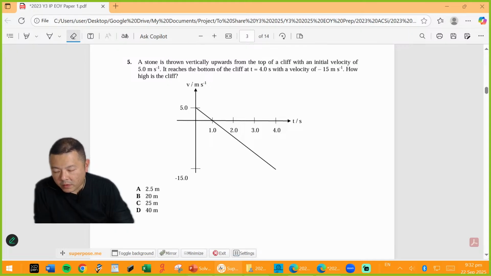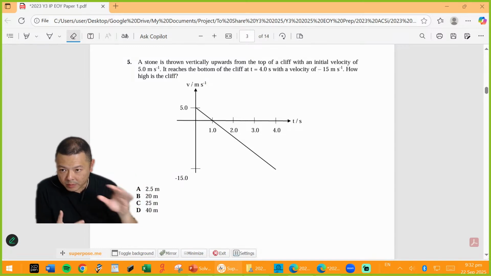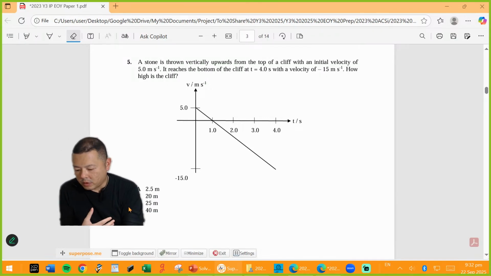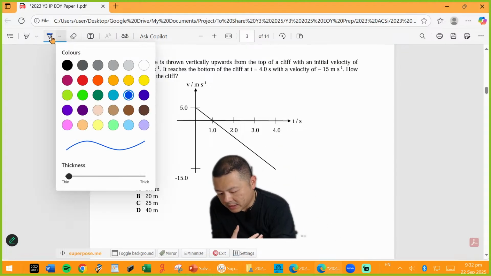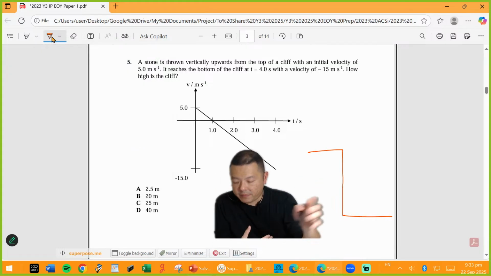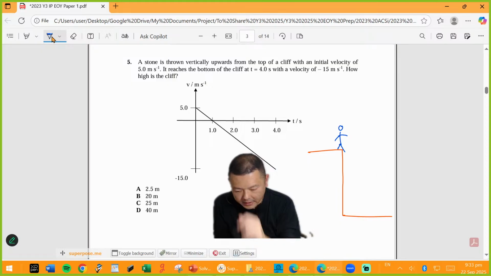So for this particular question, it's not easy, but if we do this 2 or 3 times over later on, it will come to a point where you realize that it's always going to be the same way we do this. So for starters, I want you to draw the scenario. If you haven't drawn already, I want you to draw this cliff. You draw a cliff, and then you draw a person standing there like that, and then